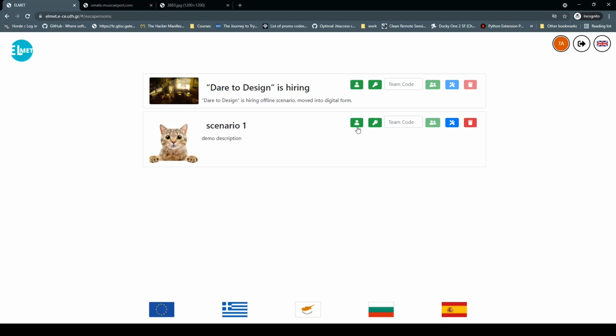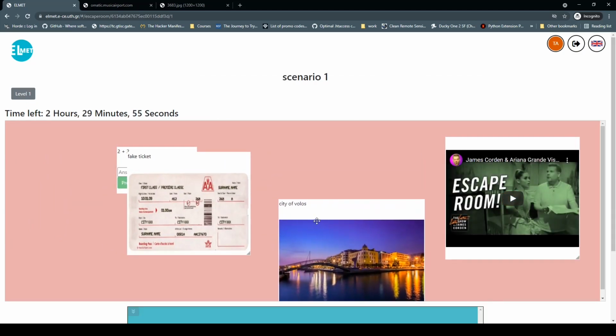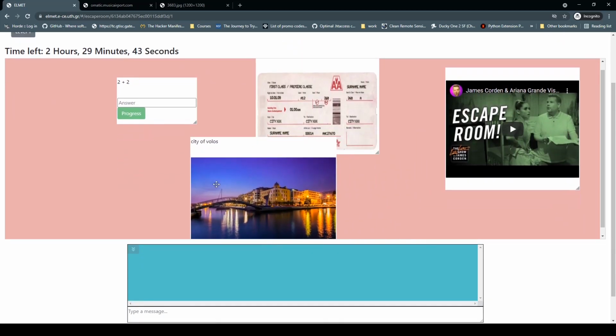The first icon is single player mode. We can see that we don't have the capability to change the nodes like we did in the editor, but we can move them to reorganize them if we like. Also, we only see the first level of the room. We can also see that our hint node hasn't appeared yet, but it will after a minute.